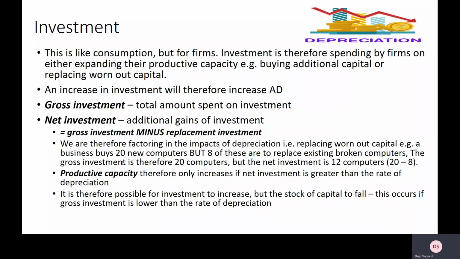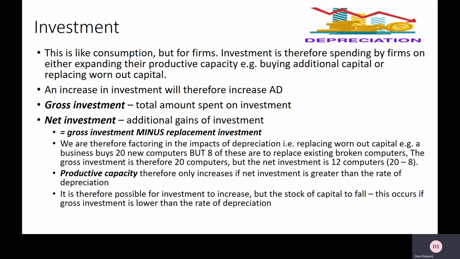Now, one thing I want to differentiate between here, though, is the difference between gross investment and net investment. Now, gross investment is simply how much money businesses invest. So, in other words, what is the cost of buying all the additional capital that businesses buy on an annual basis? Now, net investment, though, is a little bit different. What we would do with net investment, we'd take the gross investment, which is how much they spend on new capital, but we take away